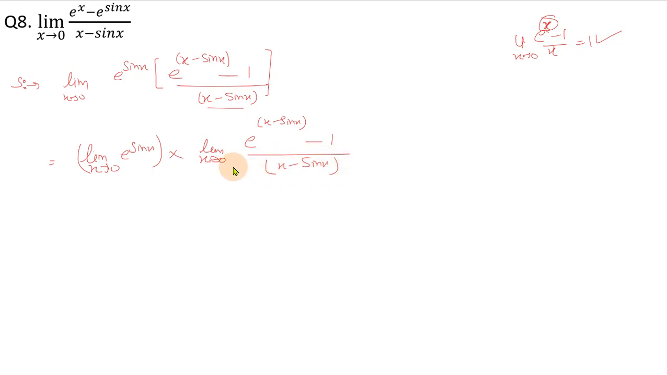This term approaches 0, sin 0 is 0, x is 0, so we can apply this formula. e power sin x and x approaches 0, so this is 1 and this is 1. Again the answer is 1. Again a very simple question. Next question,